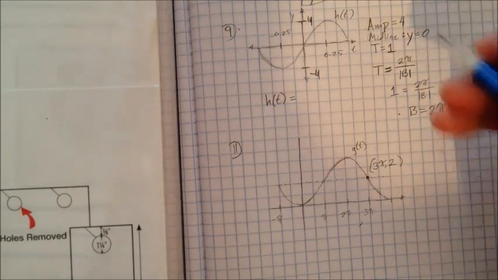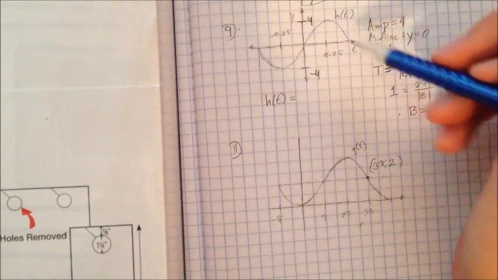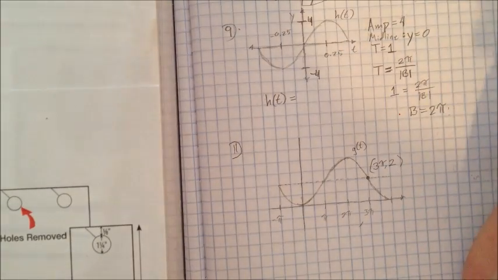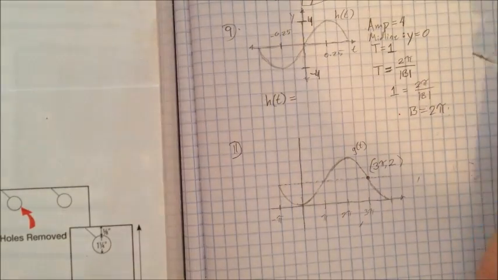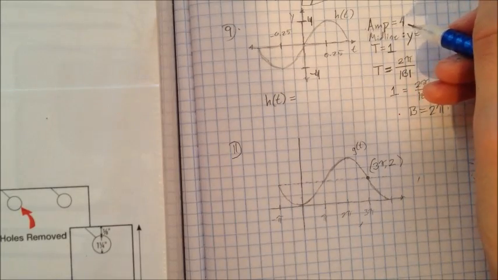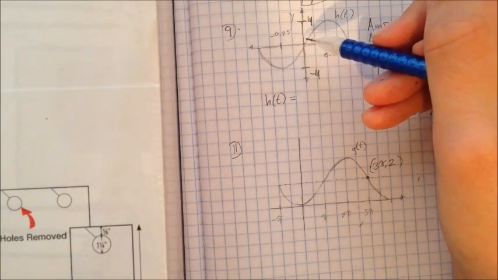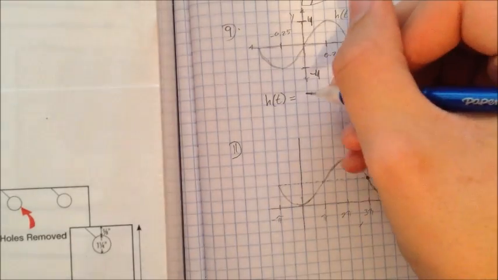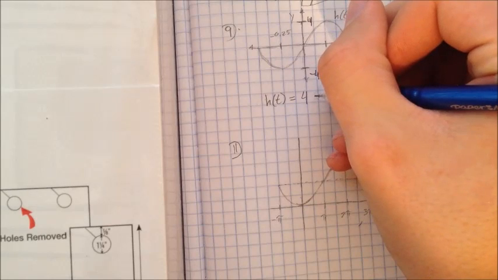Time's up. We're going to use a sine, because this is exactly what sine looks like. It's just that it's been stretched and compressed a little bit vertically and horizontally. So this is actually a really nice graph for us to just start with right here. So h of t is equal to, our amplitude is 4, and our amplitude will be our a value because it will stretch the 1 that sine and cosines are naturally, up to 4 on both sides respectively. So a will be equal to 4, so h of t equals 4, because that's our vertical stretch,